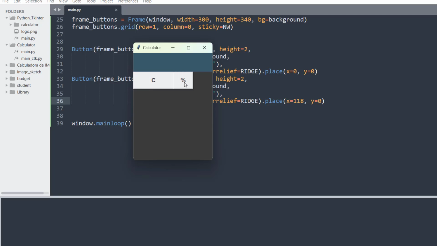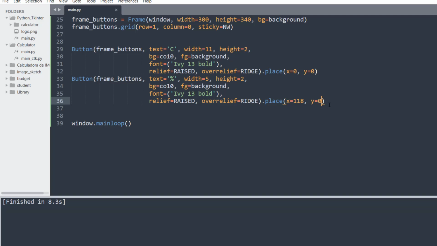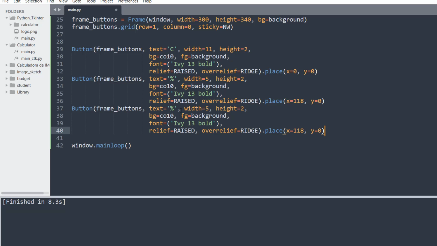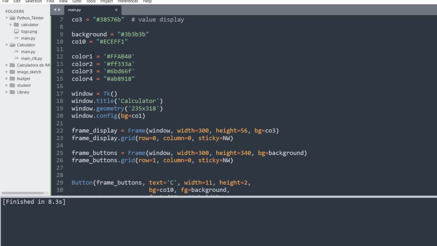So now let's create another one, which is for division. For that we can do the same thing: copy, come down, place. So here this guy goes away, put division, save. For division, we will keep almost the same things, but it's only the background color that we are going to change. So the background color we will change into color 1, which is this color that we defined. This color 1,